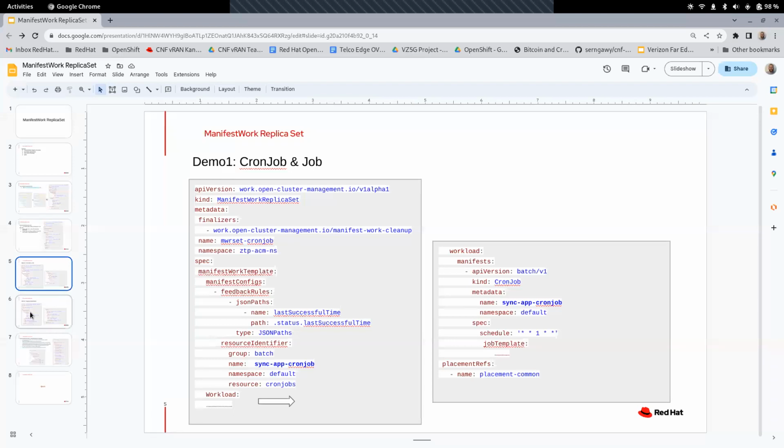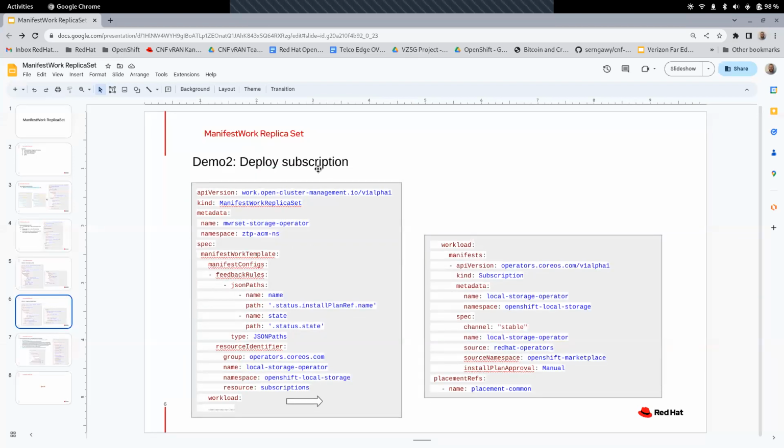Another one is when you deploy another demo, when you deploy a subscription or operator, and you deploy your operator in install plan mode. So when we do that, as an administrator of this cluster, I will be required to approve the install plan. So here, for example,